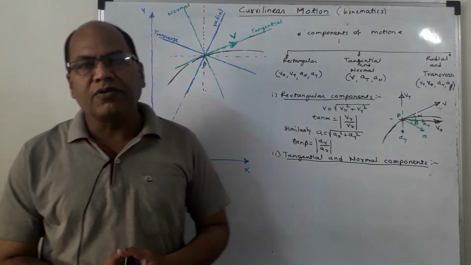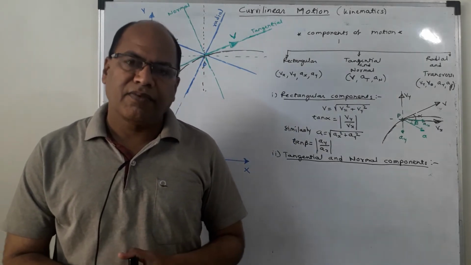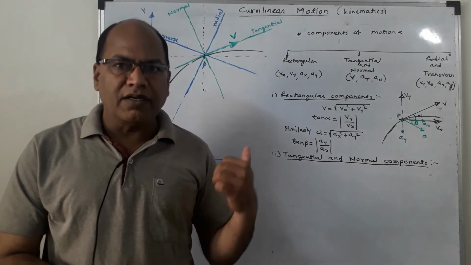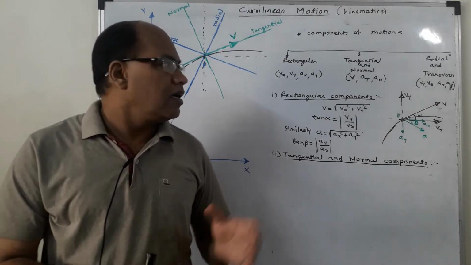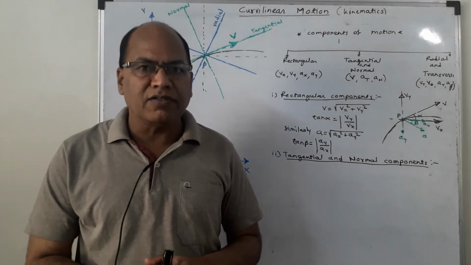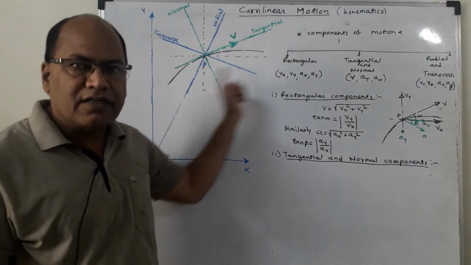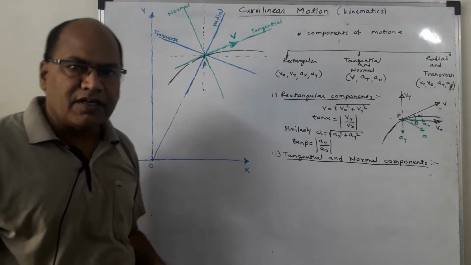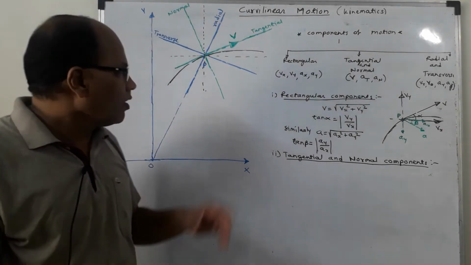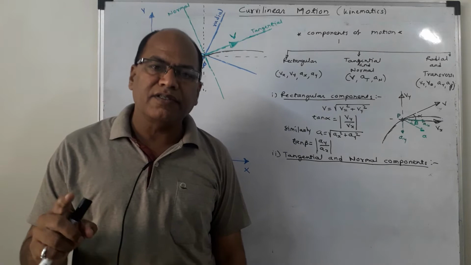And in order to get the components of any vector quantity, we need to assume the reference system. The reference system to be assumed while dealing with problems in curvilinear motion can be assumed in three different manners. The first way of assuming the reference system is x-axis and y-axis, meaning the traditional reference system. X-axis is to be considered as a horizontal line and y-axis as a vertical line perpendicular to this horizontal line. So x and y-axis.